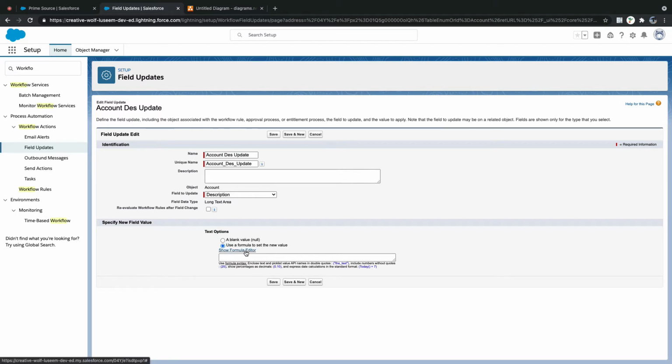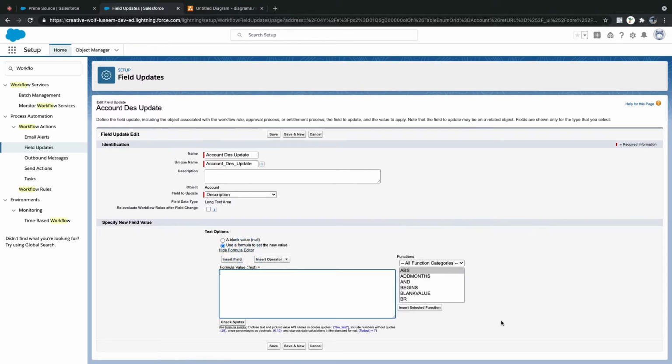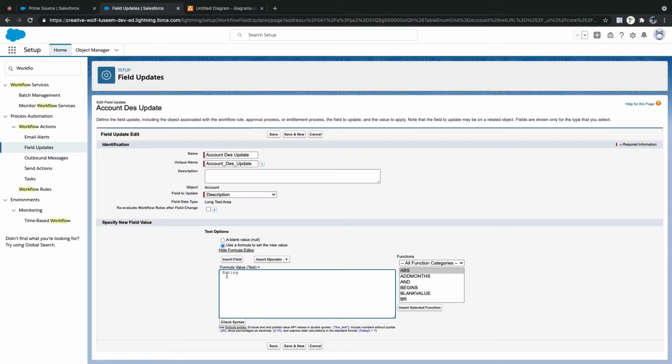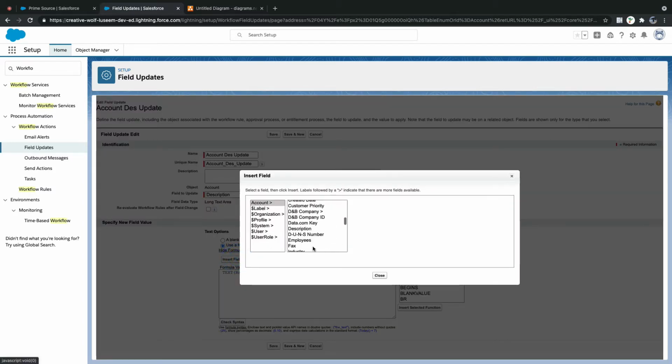So what I can do is show the formula editor. Again it comes to the same panel, it's always the same. Now insert field. Rating, right? Rating is a picklist, isn't it? You can use it as it is, or you can also typecast it to text explicitly. I'll also add a date field so that we understand whether it is modifying or not.